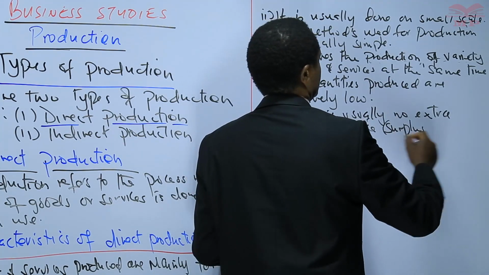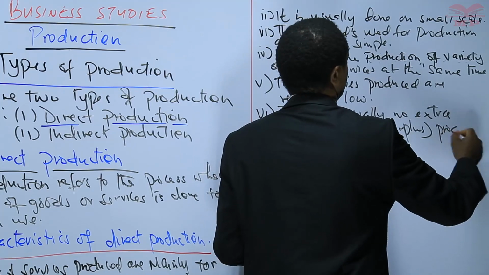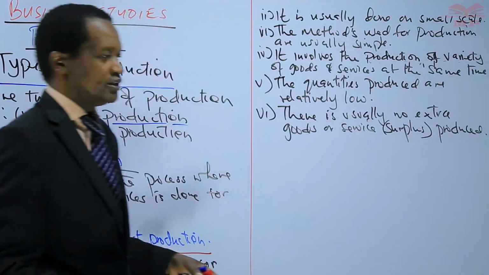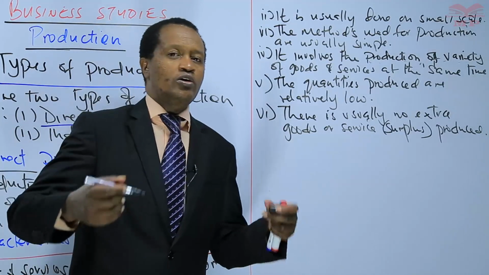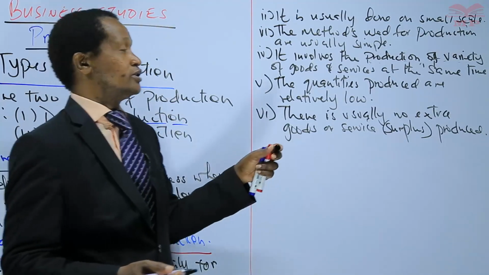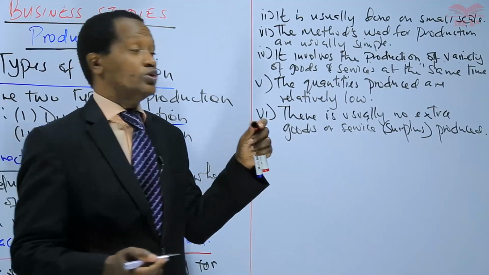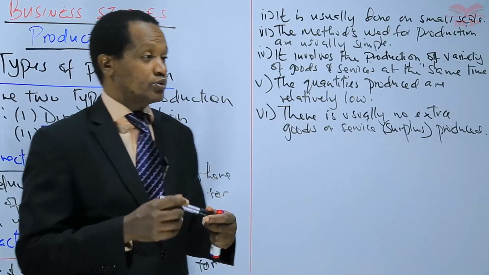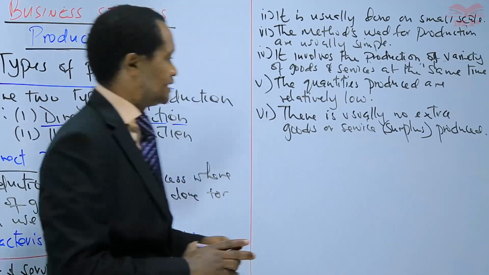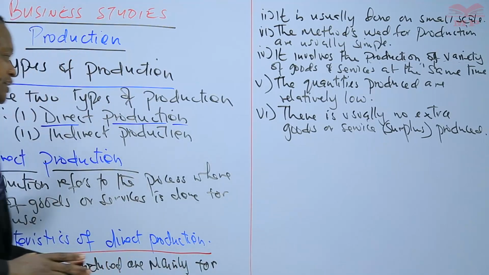Because it's meant for subsistence, it's made for consumption, then there is no motivation to produce many goods because you only produce what you require for consumption. So these are 6 characteristics of